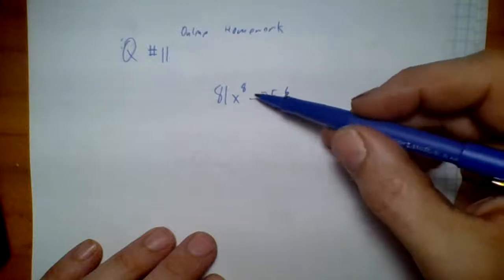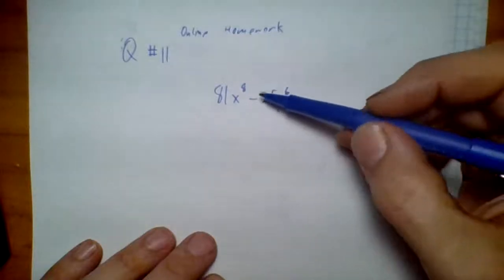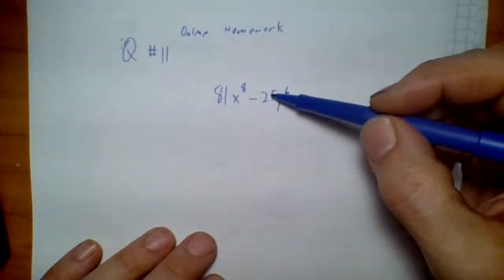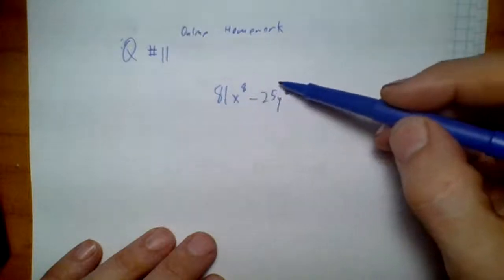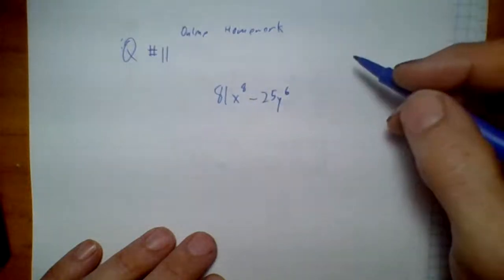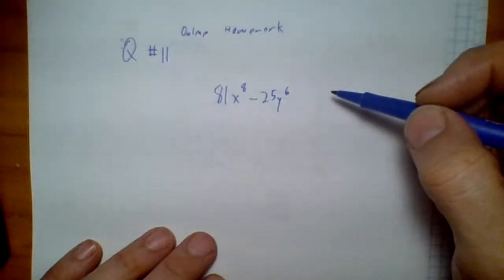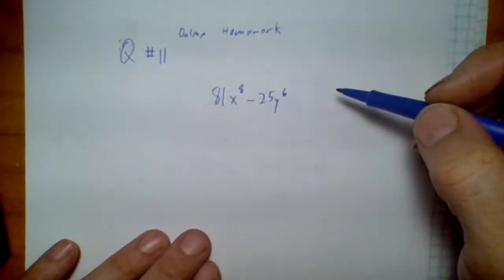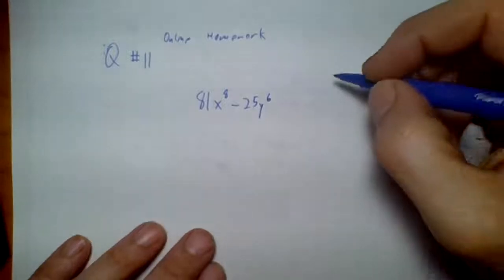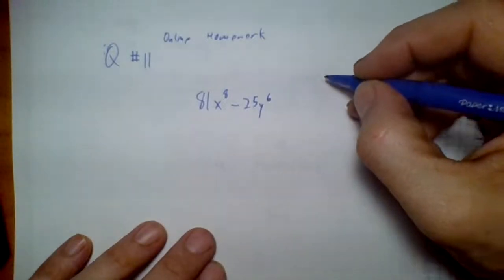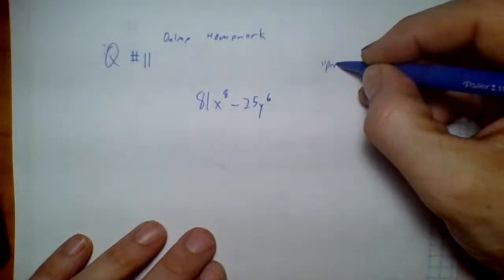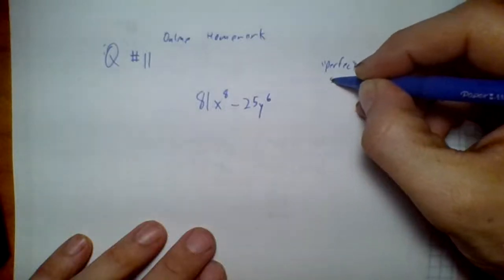These are not cubes that we're looking at. Well, the powers are 8 and 6, and the numbers happen to be perfect squares. The exponents might not look like a perfect square to you because it's an 8 and a 6, but those kind of are perfect squares. This is leading into something we're going to look at in a later chapter, so let me spend a minute on that. When I call stuff perfect squares,